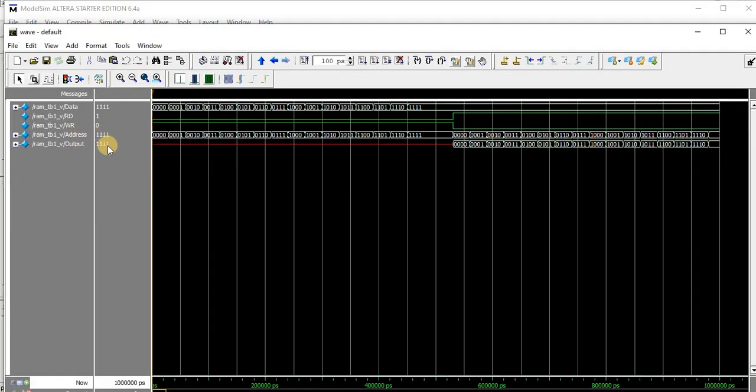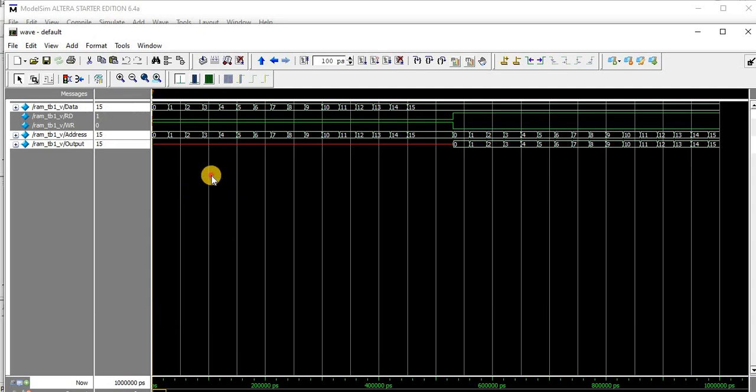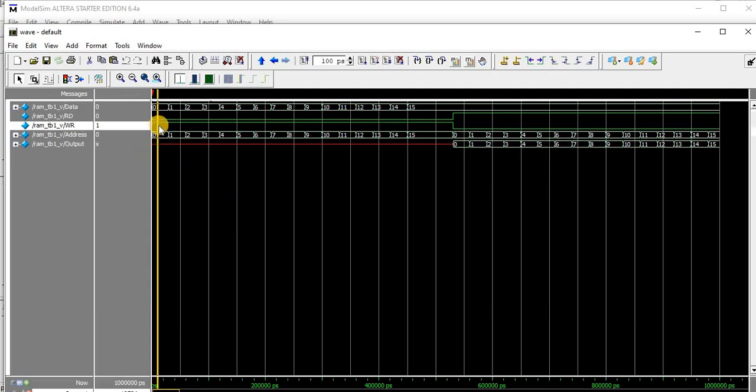Yeah, here we can see. So at first I have given write is equal to 1. When write is equal to 1, what is the data? 0. 0 is stored in the corresponding address 0, and the 1 is stored and 2 is stored, everything is stored.